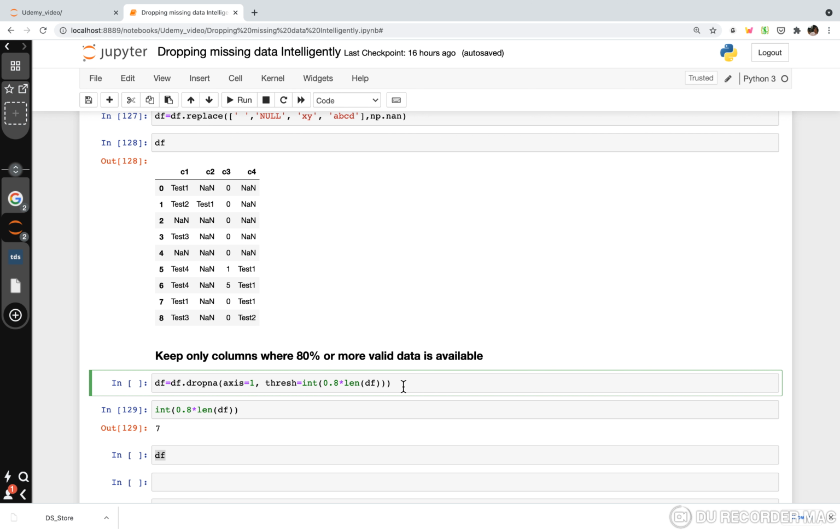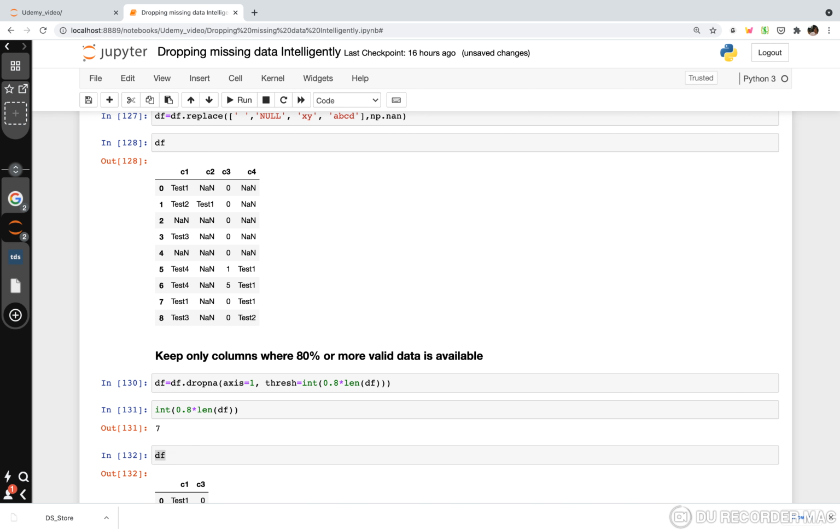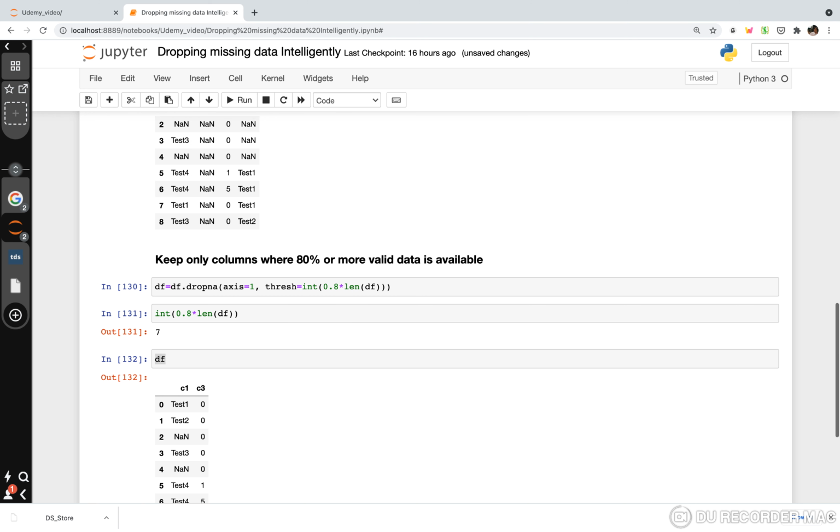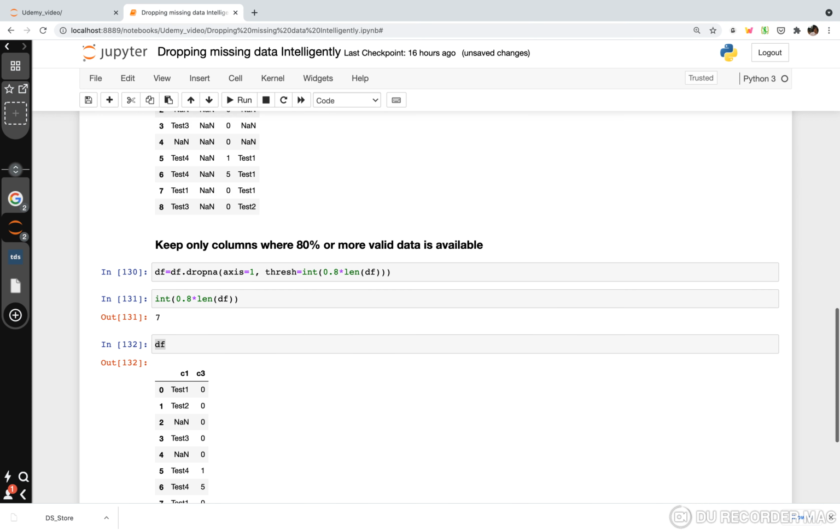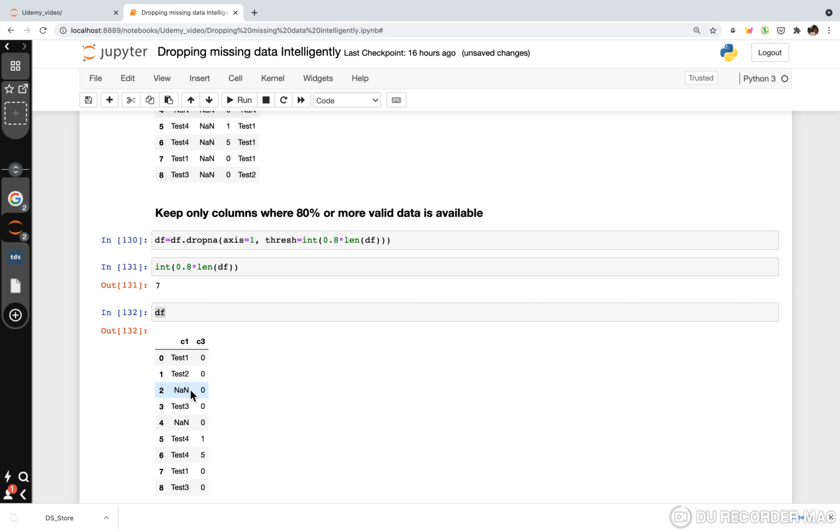So if I run this, as you can see here, it is keeping only the columns which have more than 7 valid values. In terms of percentage, you can give it.